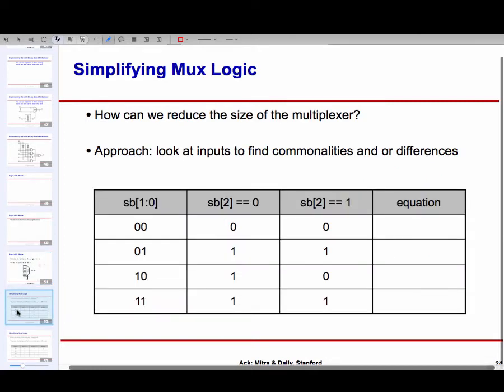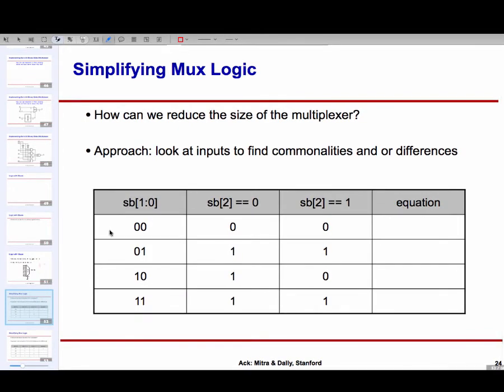So in this particular case, look at it this way: the lower 2 bits of my input, which were going to SB0 and SB1, take 4 possible values: 0 0, 0 1, 1 0, 1 1. And we still feed them into a control input, but of a 4:1 multiplexer now. The third bit, which was normally going to SB2, can take 2 different values. It can take the value 0 or it can take the value 1.